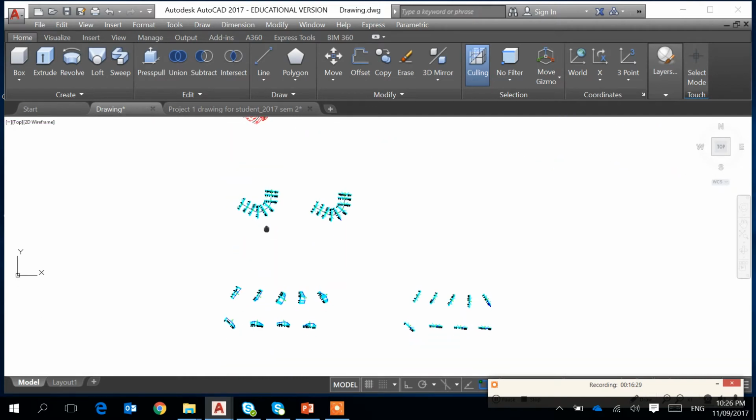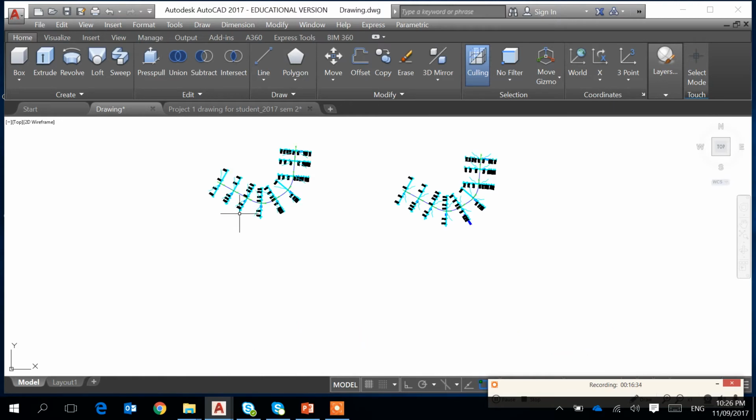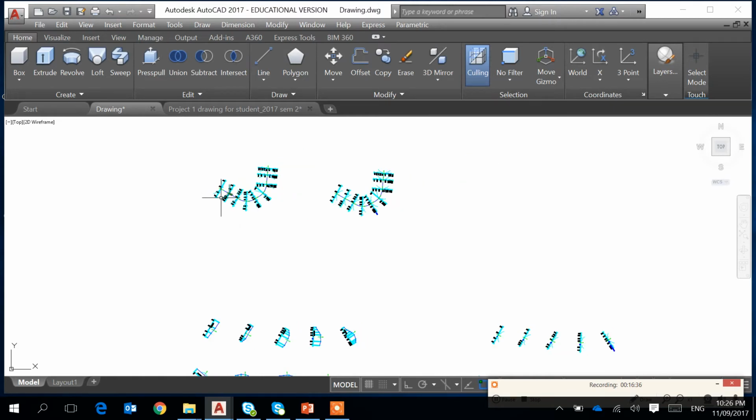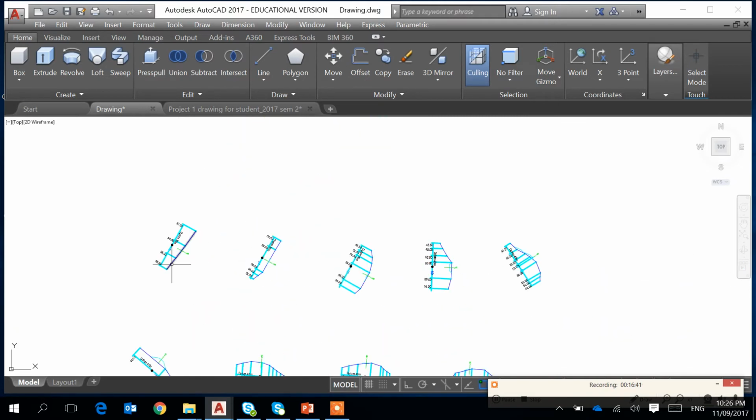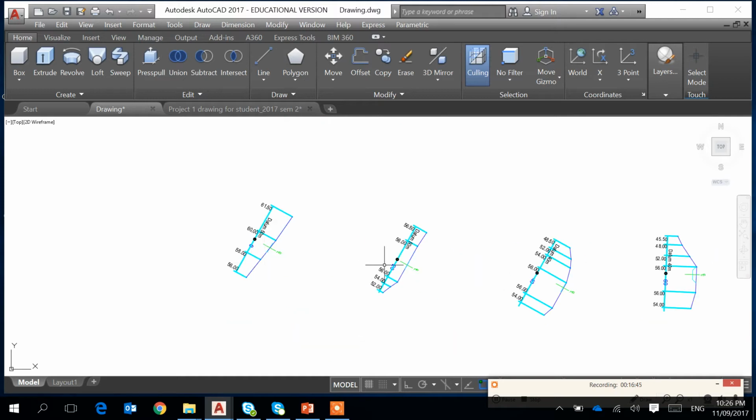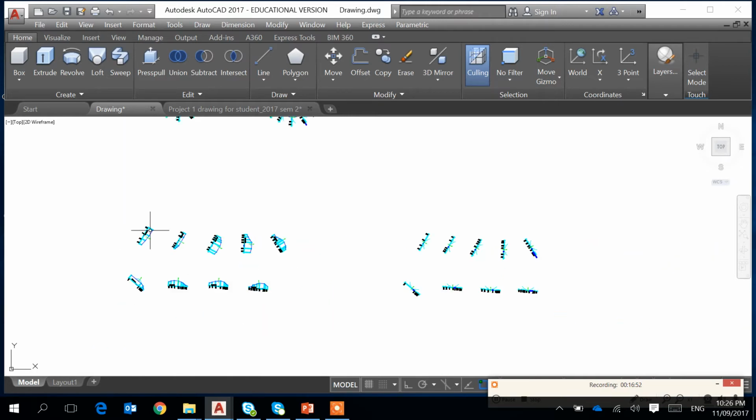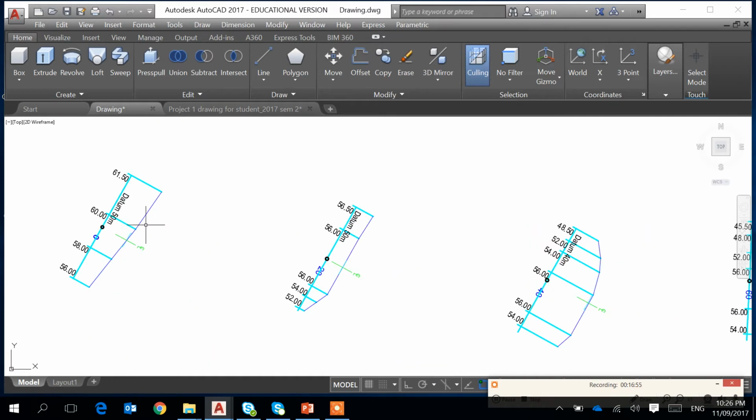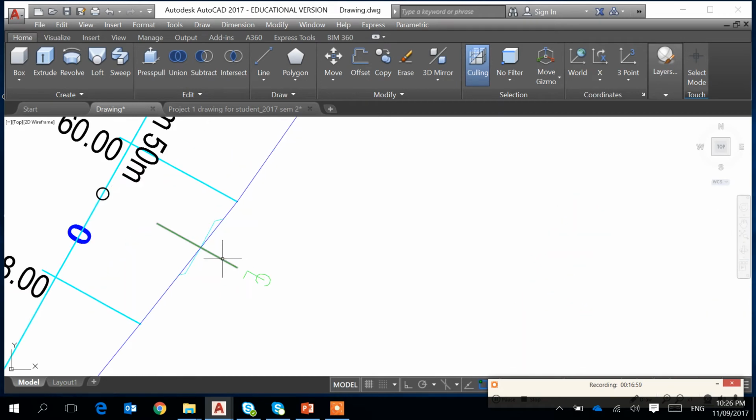So what I do is that all the cross sections I will just copy out, and then I will separate them out. Okay, so this one, I have actually done all the elevations. This blue line is the ground level, and then there's the margin. This cyan line